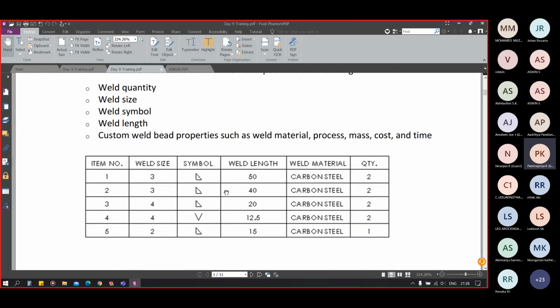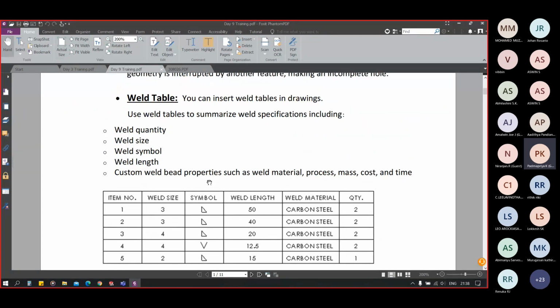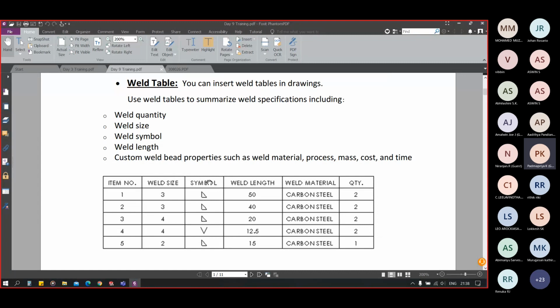Usually the weld table is like this. It will add all the information from all the symbols in one table, like item number 1, item number 2. Let's say for item number 2, it will mark 2 there, and weld side is 3, symbol is fillet weld, length is 40 mm, material is carbon steel, and of 2 quantities.